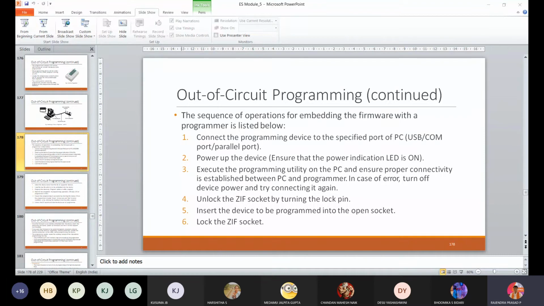In-system programming, which we call ISP, is one more type, where the firmware is embedded into the target device within the system, without removing it from the target board. ISPs are generally application specific, as we have general and application-specific types. Here the communication between the target device and ISP is done in serial format, serial peripheral interface, or JTAG, the Joint Test Action Group.